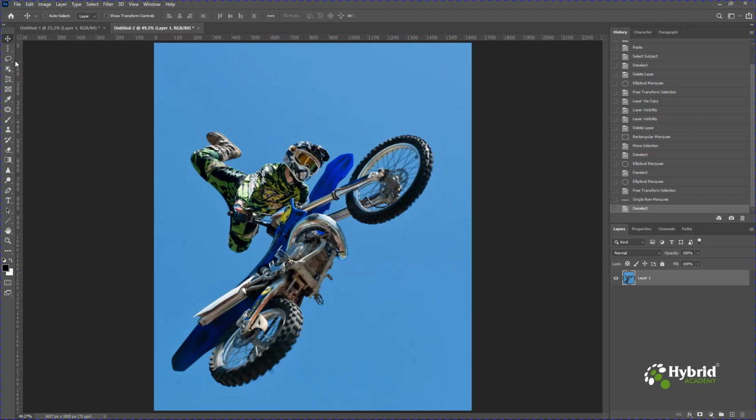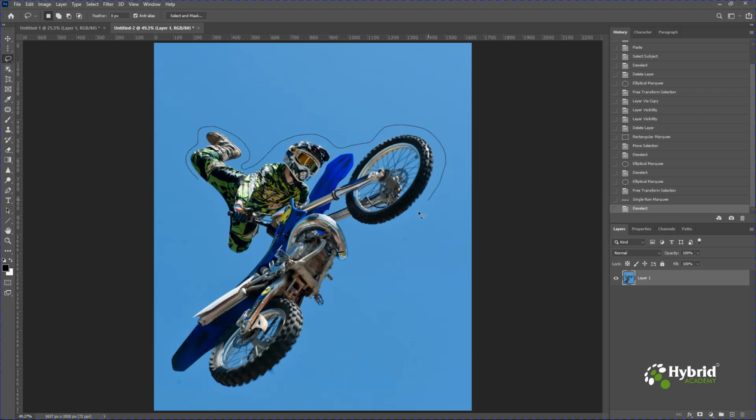Now the next tool available with us is the lasso tool, and again this has three different options. One is the simple lasso tool, the second is the polygonal lasso tool, and the third one is the magnetic lasso tool. These tools can also be used to create selections. For example, the first one, which is the lasso tool, this is a free-form tool, and based on our requirement we can draw the selection on our image and we can